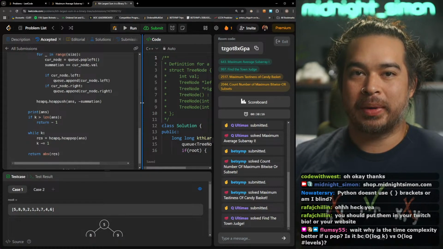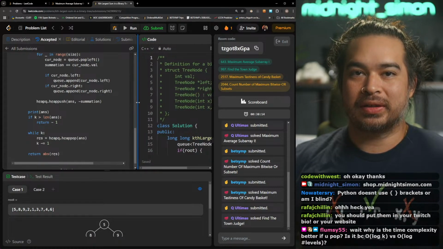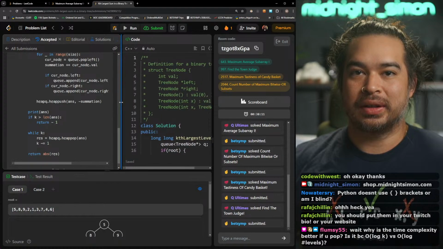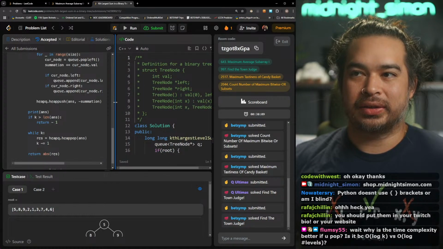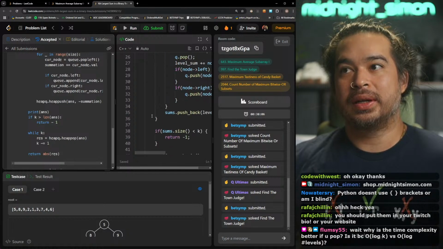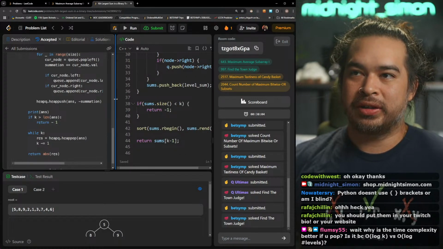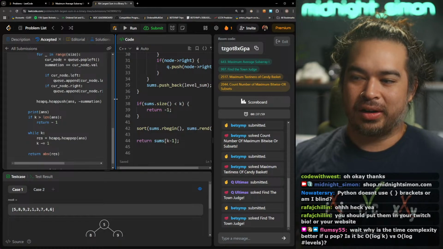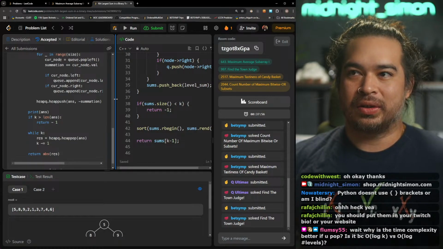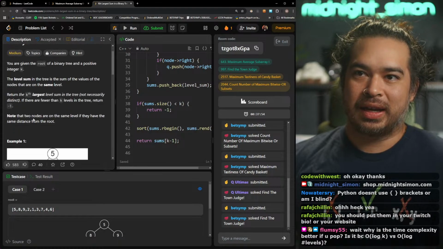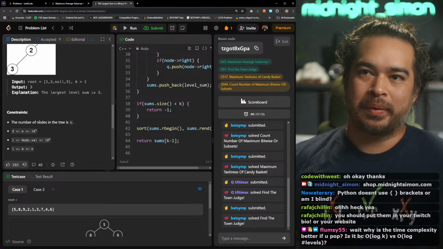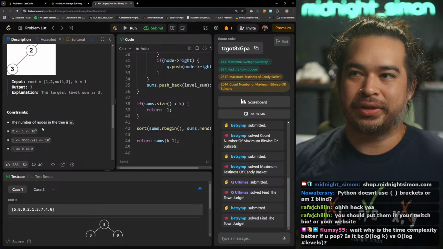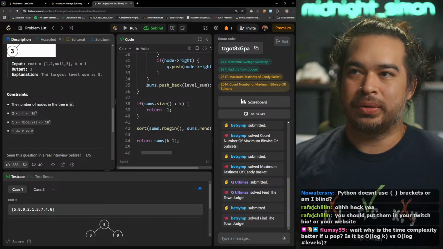Wait, why is the time complexity better if you pop? Because it's log k versus log n. Yeah, so I think when you insert into a priority queue, the insertion is log of the priority queue size. So like in this case, if k is 1, but you have like 100,000 elements, you're going to get 100,000 elements in that priority queue.